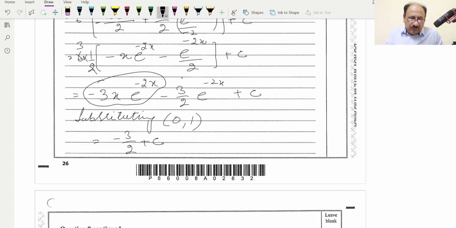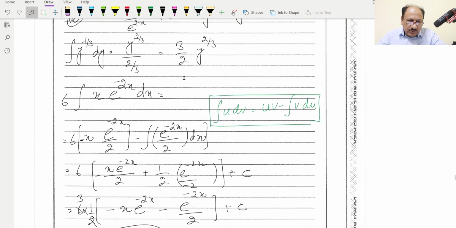So this side will be basically 0, and this side is y,